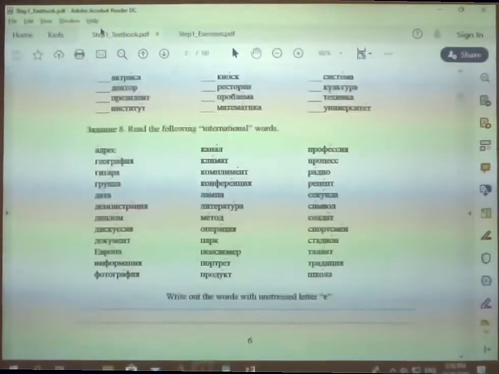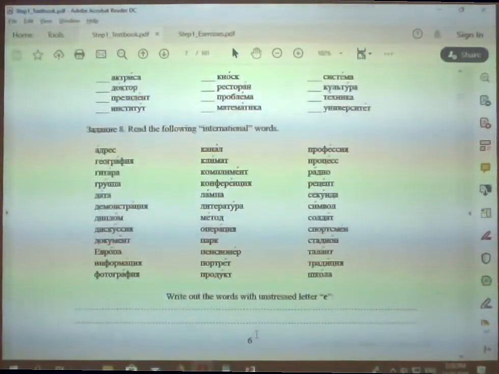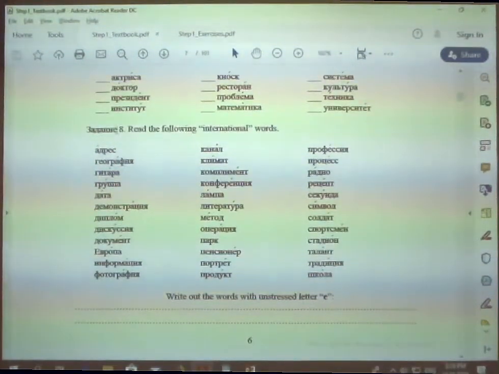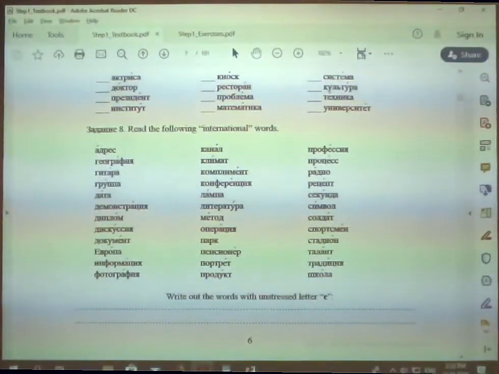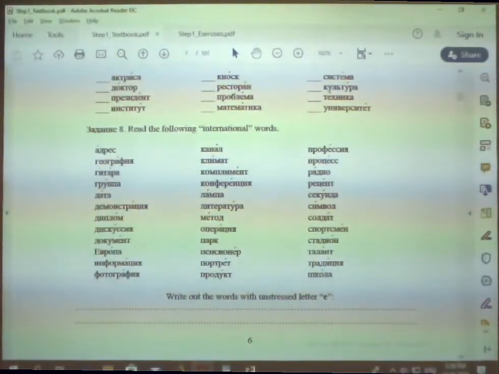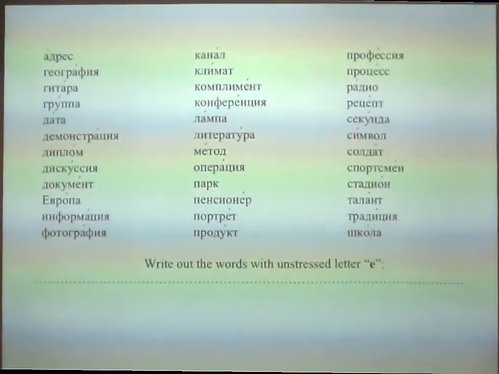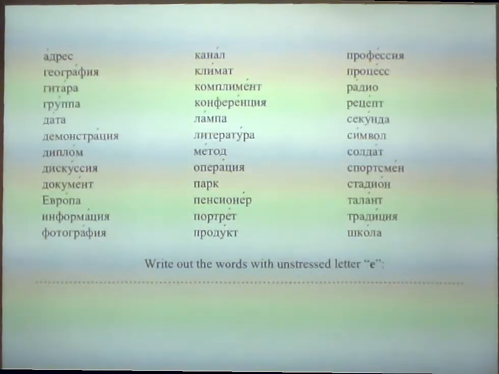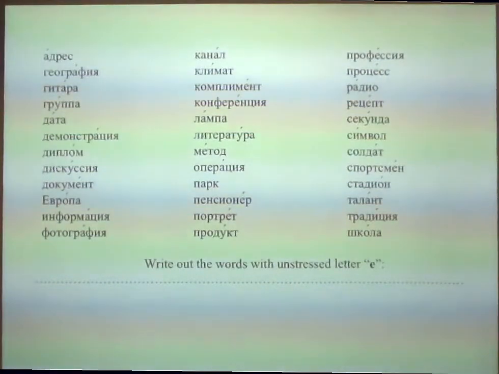Это учебник, textbook, страница 6, задание 8. Read the following international words. So-called international words, if you read these words correctly, you understand right away what they mean. First of all, let's read these words together. Адрес, география, гитара, группа,